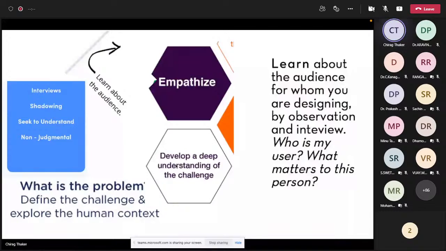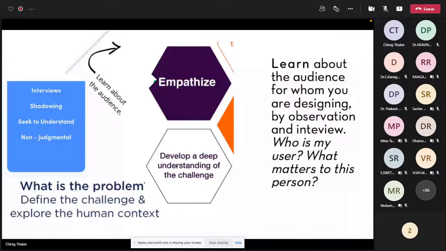Through interviews, through shadowing, you just need to understand. And in this phase, you better be very cautious that you should not be judgmental. You should be non-judgmental. That means in the empathize stage, learn about the audience for whom you are designing by observation